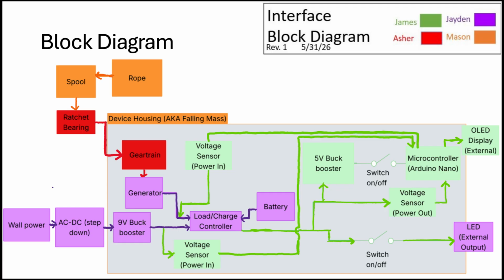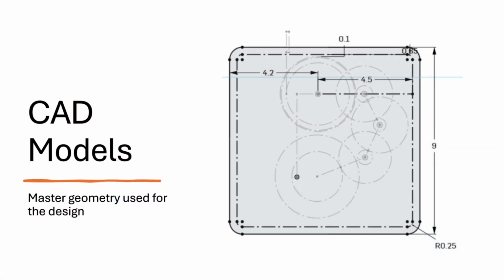The subsystem also includes 2 switches. One controls power to the monitoring electronics, while the other controls power to the LED light. This information is displayed on the OLED screen in real time. The control subsystem is powered by the battery through a 5-volt buck boost converter, which provides a regulated supply for the Arduino and display. Our entire design is dependent on a master geometry document where the relative locations of major